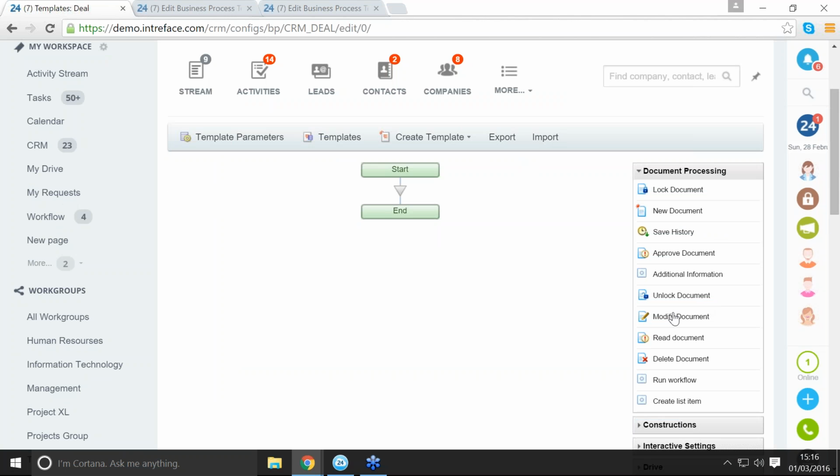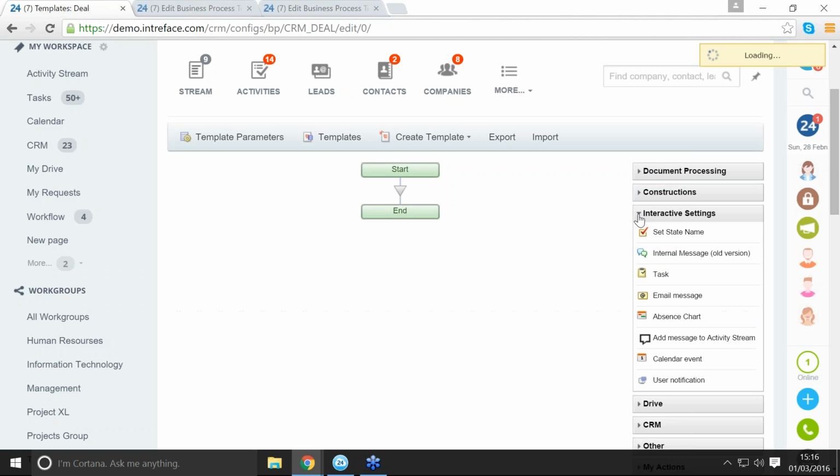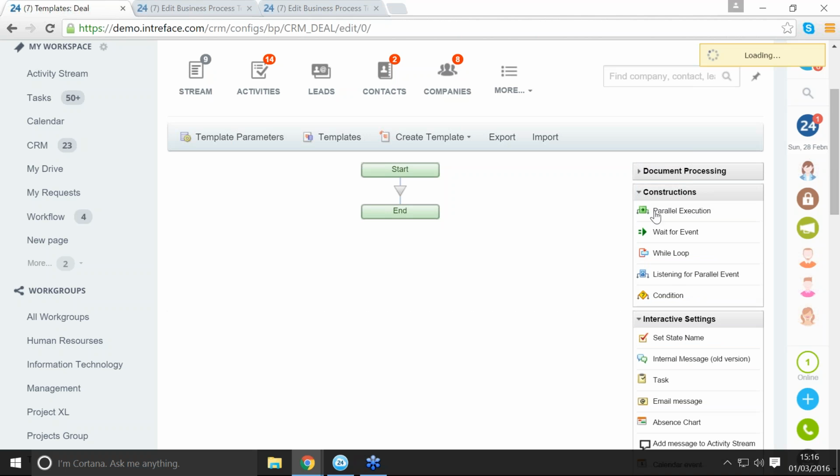So it's an item within the system, which could be a lead or a deal, or it could be a task or a work group or something like that. It's not a document as a Word document. Yeah, that's exactly it. So in this case, what we're going to do is check for the deal stages. So we just need to look at constructions,